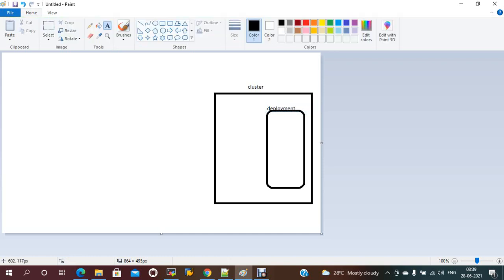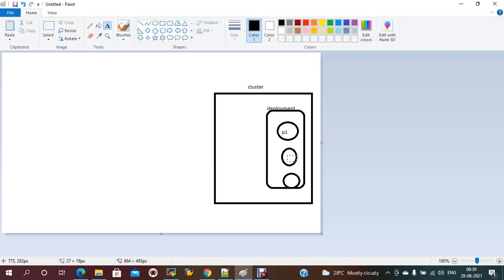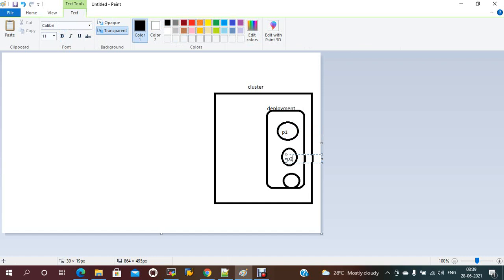Under deployments we have pods. Suppose this is pod 1, pod 2 and pod 3. P1, P2, or P3.